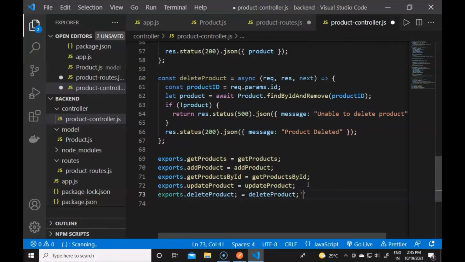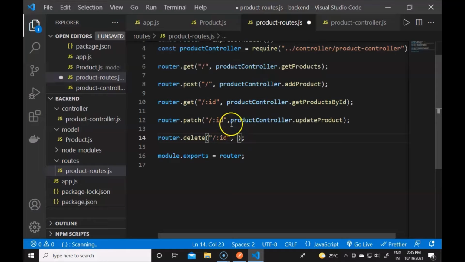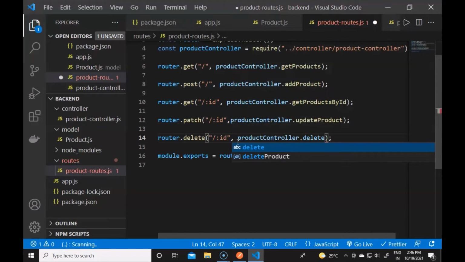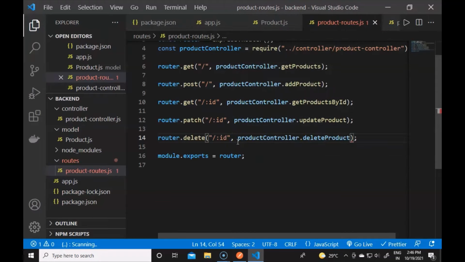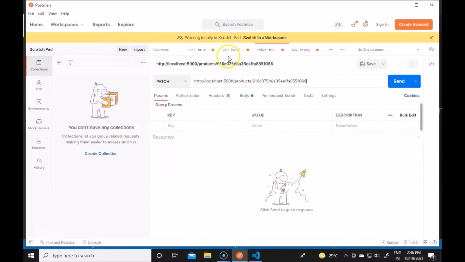So if I now save and go to the routes file, it will be productController.deleteProduct. If I now save this and go to Postman and check the patch, this will be the ID.